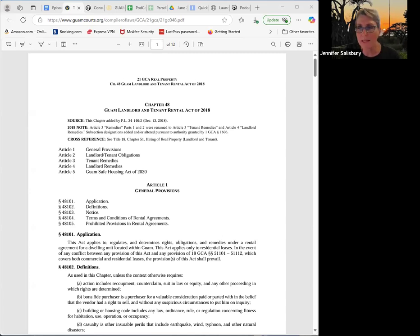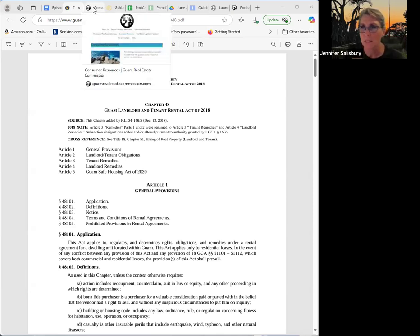Guam is a small place, and the main industry on Guam, I would venture to say, is the military. But it is a US territory, so it's covered by federal law in the US. And what we've got here is 12 pages of the Guam Landlord Tenant Rental Act of 2018. Now, we're going to go through this because there's no guide. This is it. But I'm going to show you the other two websites before we do that